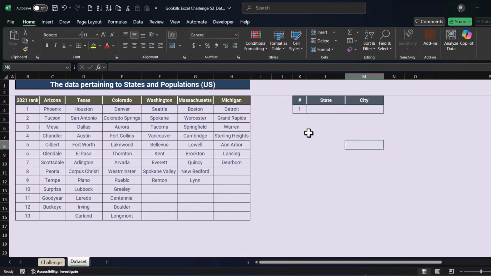Define named ranges for each state, where each name refers to the list of cities beneath that state in its column. Use data validation in cell M4 to create a dependent drop-down that shows only the cities belonging to the state selected in cell L4. And ensure that cell M4 resets automatically if you choose a different state in cell L4, keeping the interface logical